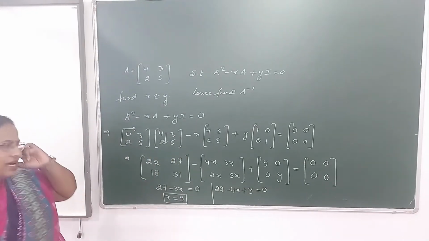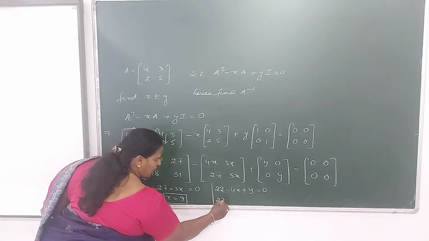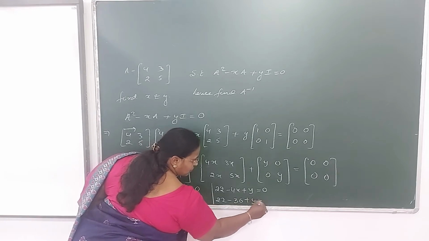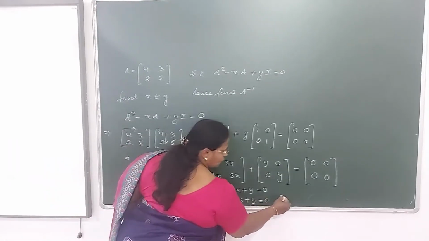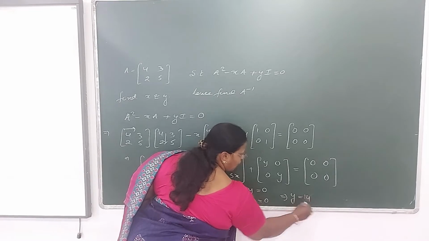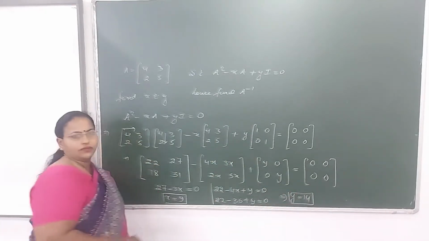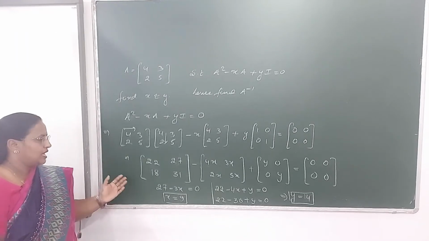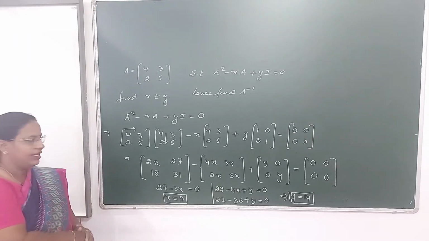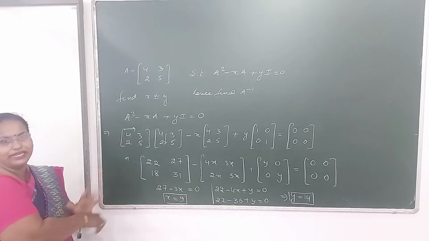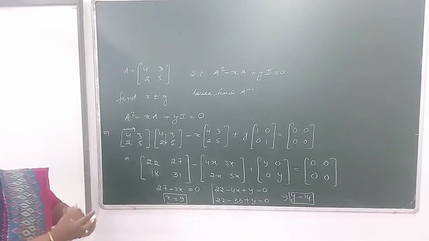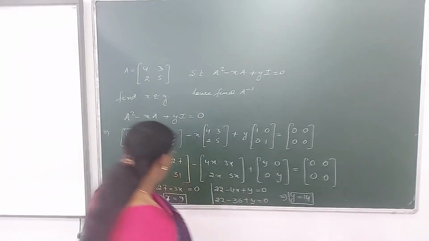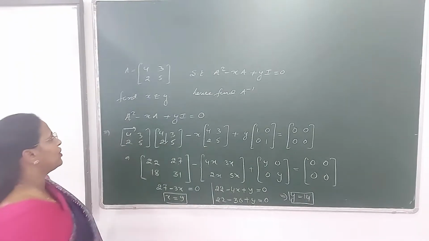Substitute the value of x here. So it's 22 minus 4 9s are 36 plus y is equal to 0. Now calculate here. So the value of y is equal to 14. So I hope children this technique is understood. Left hand side and right hand side you need to compare. It is not that you have to solve it completely. Only you check the entries, and as per that you compare and get the answer. So the value of x comes as 9 and y is equal to 14.